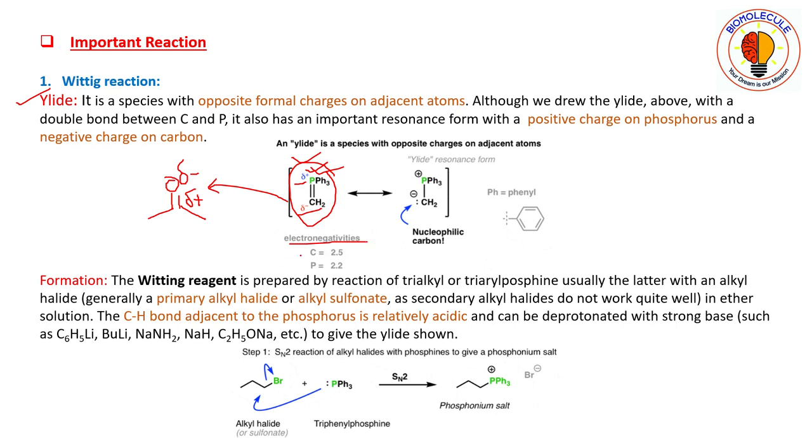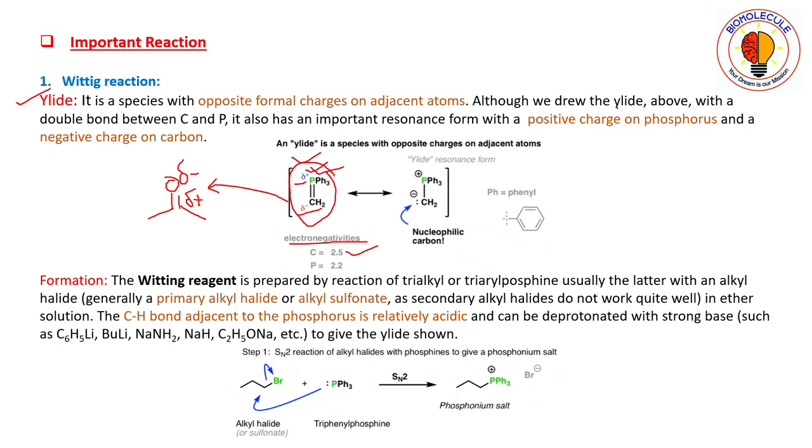We can see over here that carbon has an electronegativity of 2.5 whereas phosphorus has 2.2. So carbon is more electronegative than the phosphorus atom. As a result, the pi bonded electrons are withdrawn by the carbon atom. So the carbon atom withdraws the pi electrons towards itself and thus becomes partially negative, leaving phosphorus partially positive.